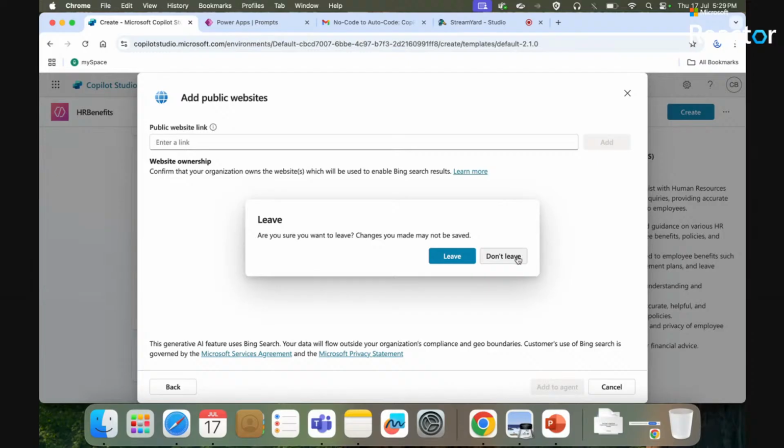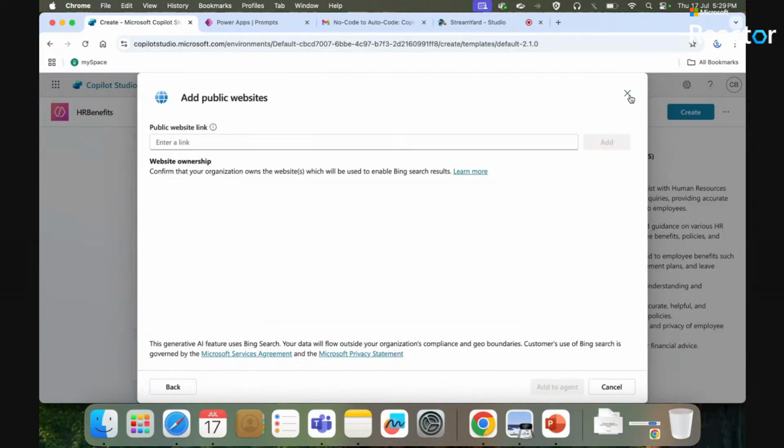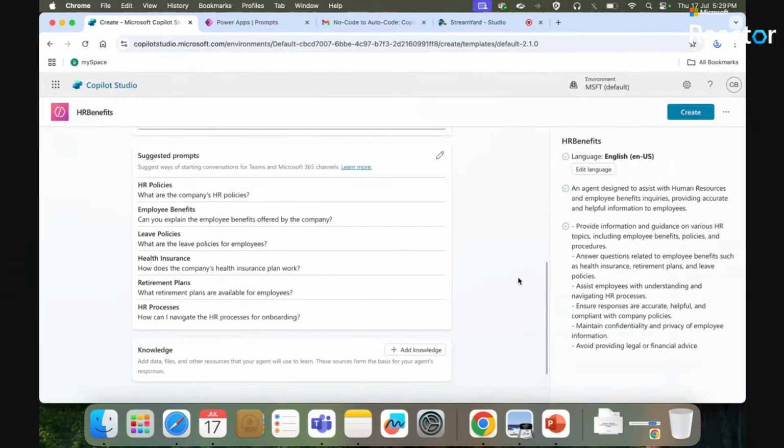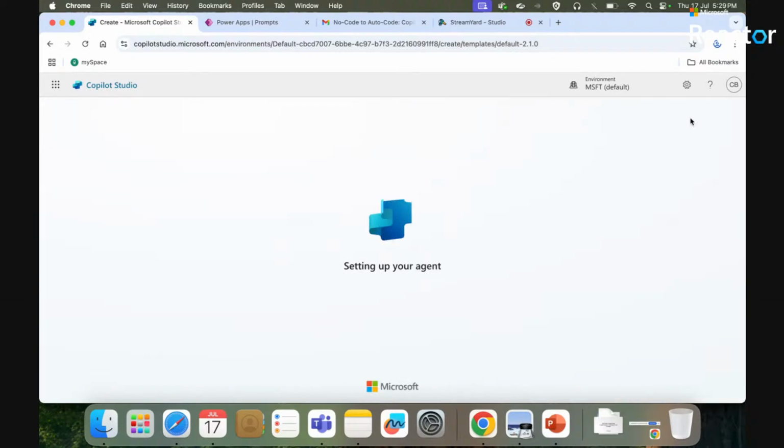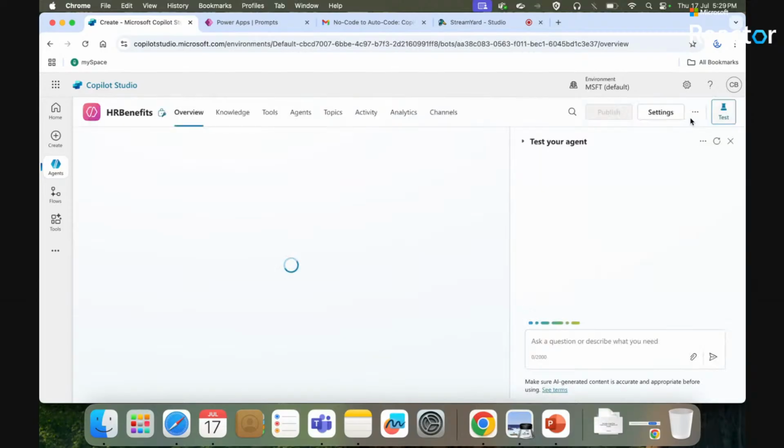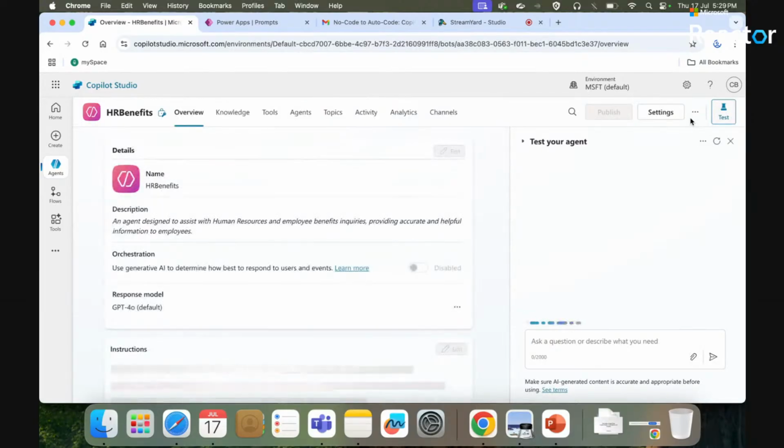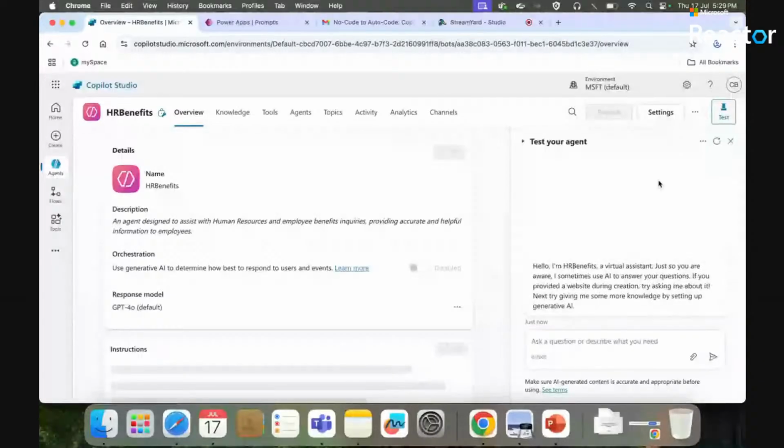And as part of the next step, we will try to create it and see. When we have created the same, it will take a few minutes, and then it will give you the results. The agent will now be created, and on the right side you will find the option to test your agent, and from there you can test your agent